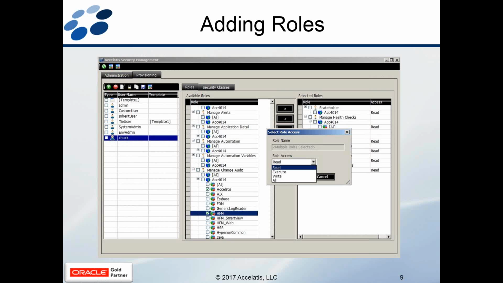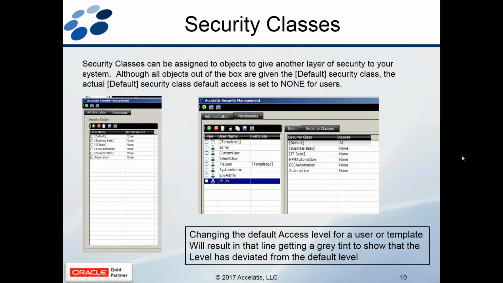And then if you need more than read, I would just say give them all. And you could play with the in-betweens to find out what that really means for certain scenarios, execute or write. But again, you would give them the role access, and then it moves it over to the extreme right-hand side. And once you have all of your roles there, you can hit save, and that user now has all those